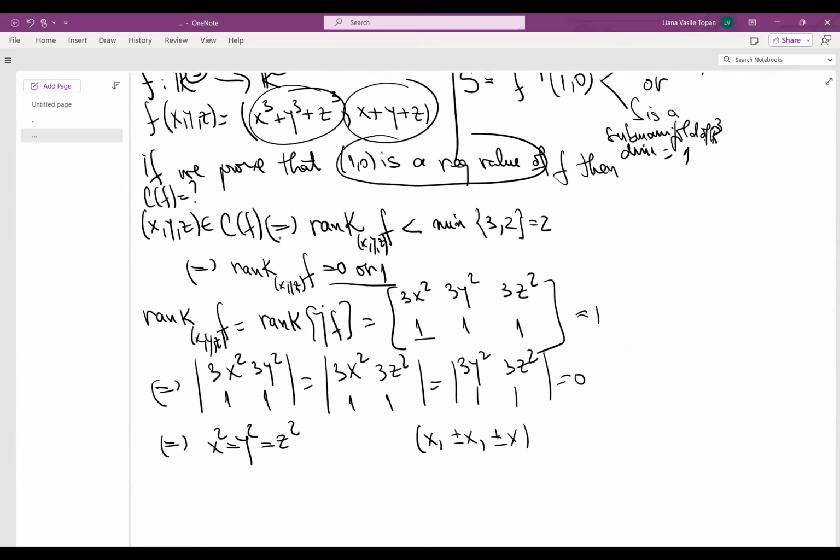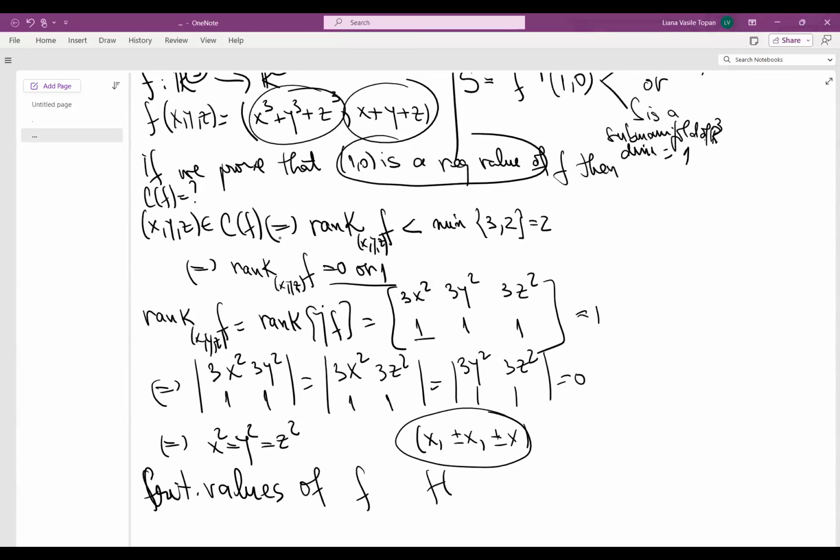It's not very correct what I'm writing because it's plus. It could be plus minus anyway, something like this. So what are the critical values of f? I mean, we could write it a little bit better than this, but we are speeding.